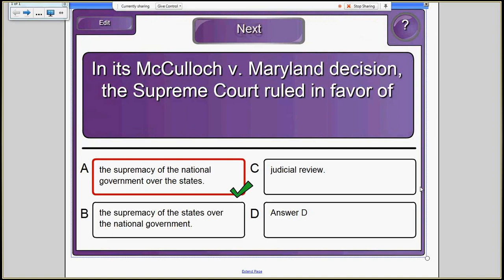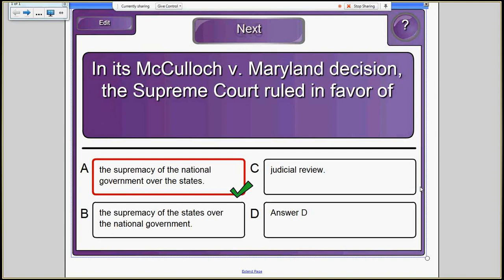So what we have happening is Congress, under the Federalists, has created a national bank. The states, in this case Maryland, do not like the bank, so they put a tax on the bank, hoping to destroy the bank. The Supreme Court steps in, and this is a Chief Justice Marshall decision. He gets the majority court to agree that if there's a conflict between the state and federal government, the federal government is supreme.